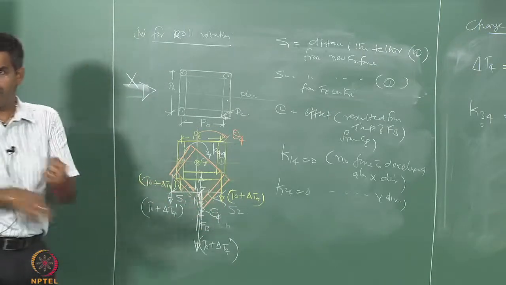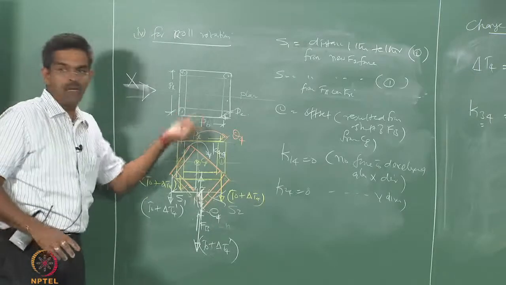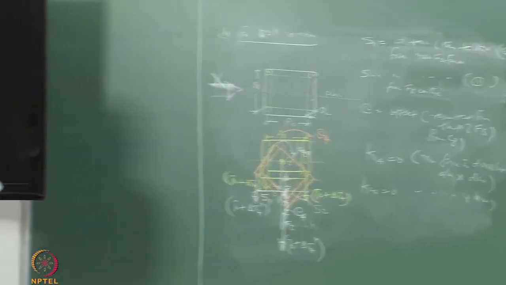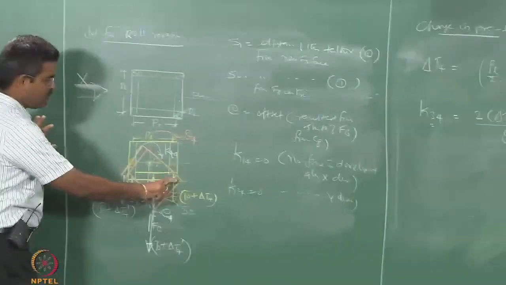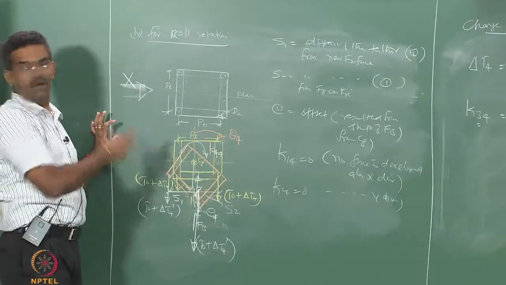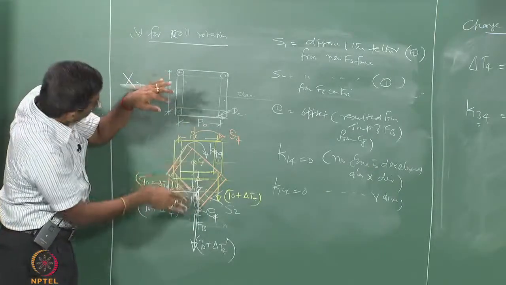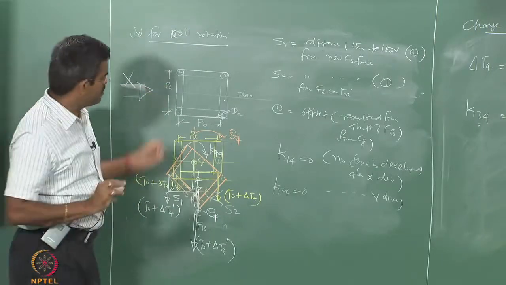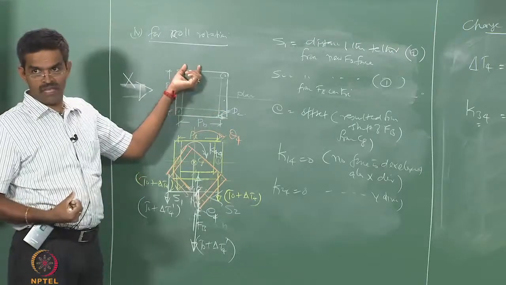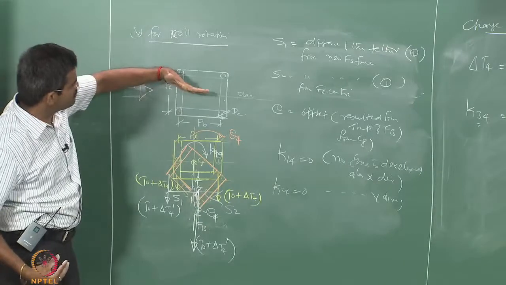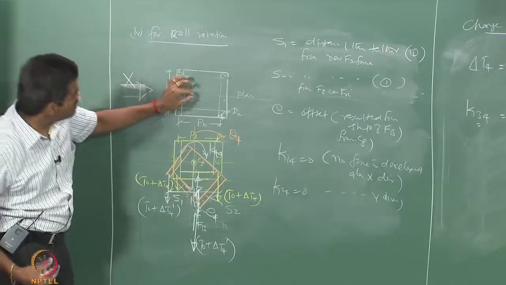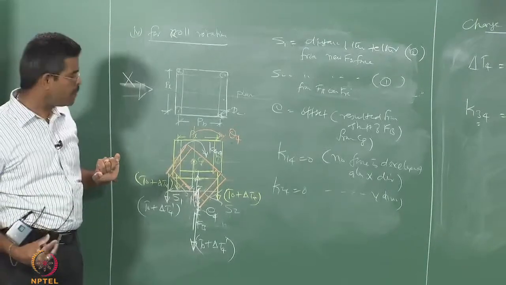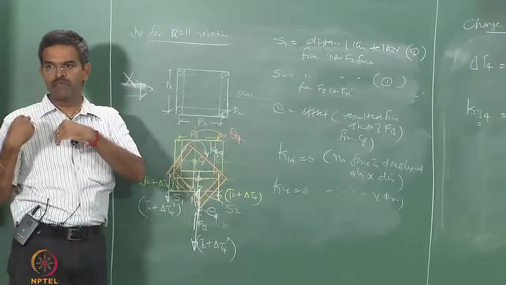Initially they were equal, which were nothing but Pb by 2, because all tensions were the same. Now it is not, because there is an eccentricity, because this column is getting submerged more compared to this column. On the other hand, 1 and 4 are getting submerged more compared to 2 and 3. Therefore, there is going to be a change in tension marginally between the tops of these legs. Therefore, there is an offset of Fb. Fb initially shifted from here towards this, and that eccentricity is E. Now I am trying to work out the moment. Why am I working out the moment? Because K44 is a restoring moment in the roll degree.